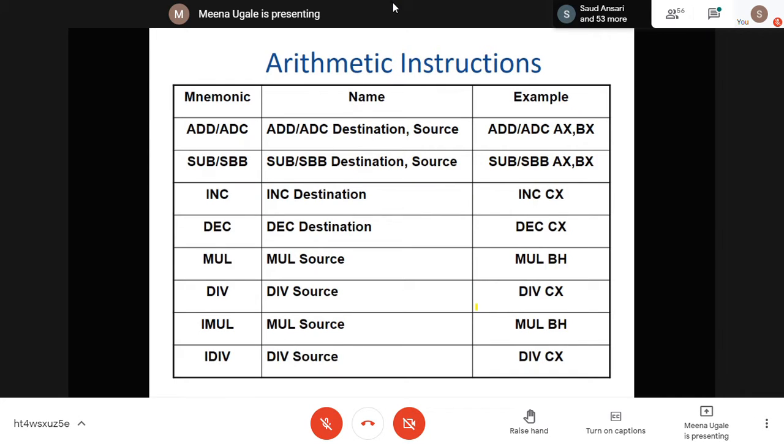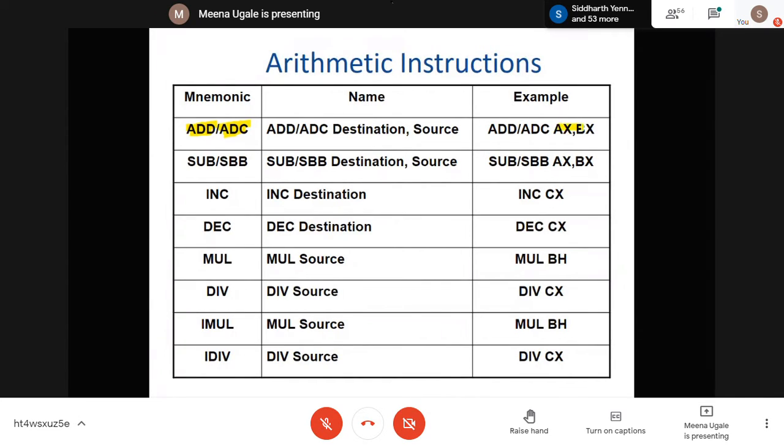In data manipulation, the first category you have is arithmetic instructions. In arithmetic instructions, you can go for addition and subtraction. ADD will just go for addition without carry, and the ADC instruction will go for add with carry.